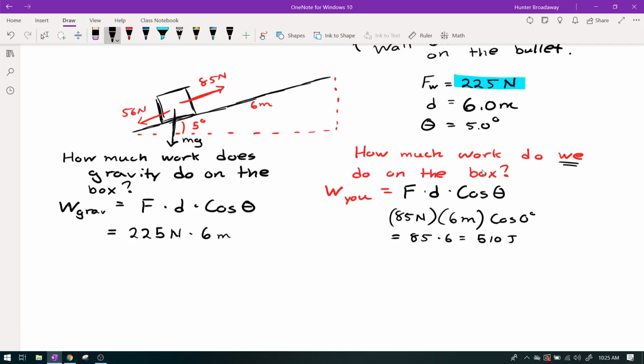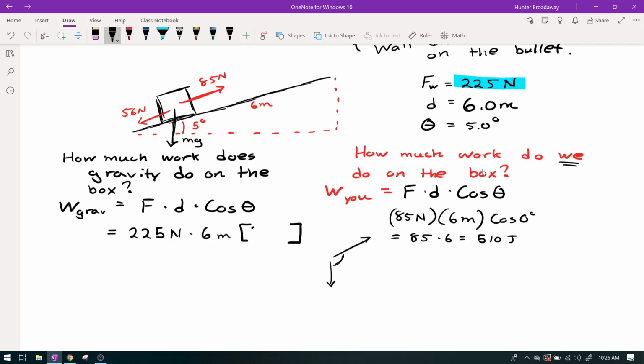Okay, now here is the tricky question. What is the angle between gravity and the direction of motion? Okay, we're not looking for the angle of the incline. 5 degrees is not what we're looking for. Gravity points down like this, and the direction of motion points up like this. So we're really kind of looking for this angle,